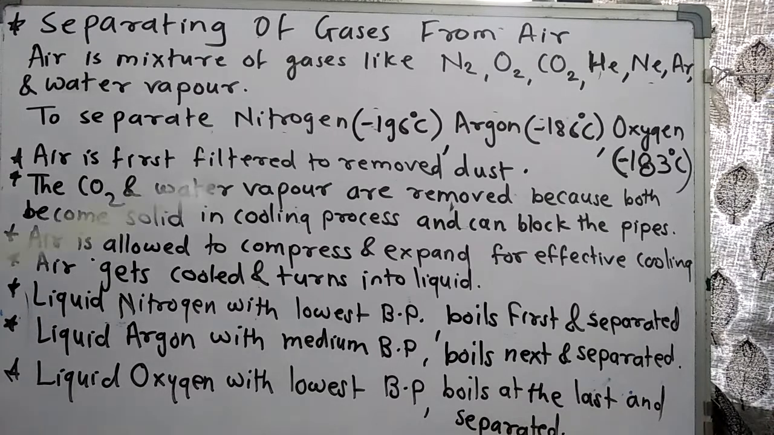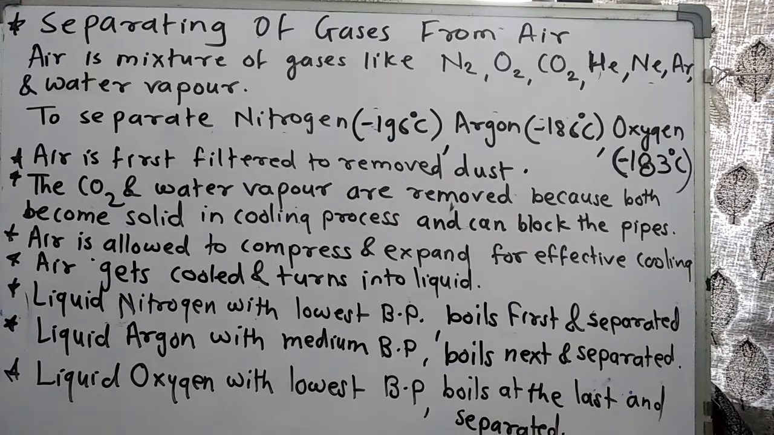So if we study this, nitrogen, minus 196 degrees Celsius is the boiling point of liquid nitrogen. Normally nitrogen is in the gaseous state. Minus 196 degrees Celsius is the boiling point of liquid nitrogen. Minus 186 for argon, the liquid argon boiling point is minus 186 degrees Celsius, and the boiling point of liquid oxygen is